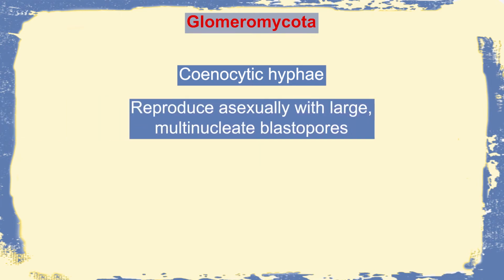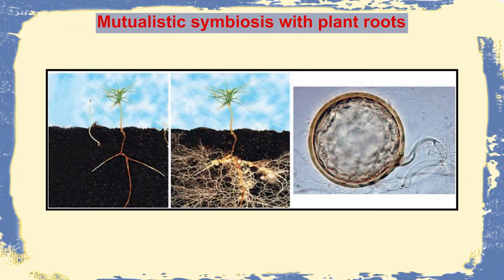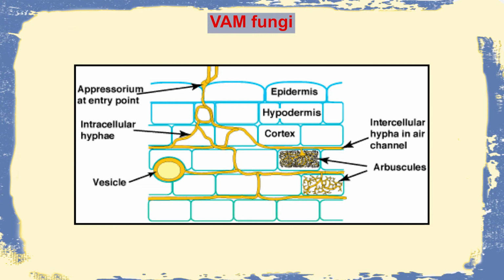to the plant root. This particular fungus will have coenocytic hyphae, they will be reproducing with a unique type of multinucleated blastospores, and they produce mycorrhiza. So when we see a particular plant, it is very interesting that when the mycorrhiza develops, you can see the network of root also increases, and thereby the nutrients can be absorbed by this particular plant with the aid of this fungus.